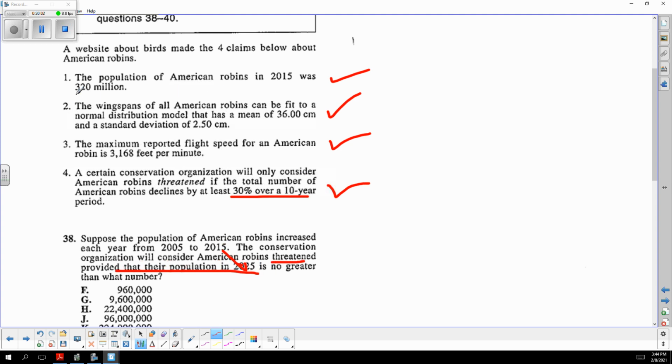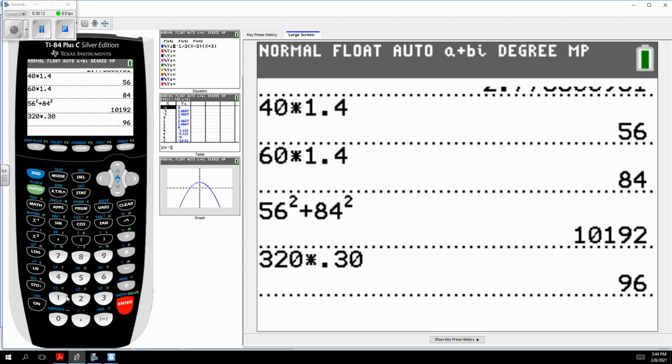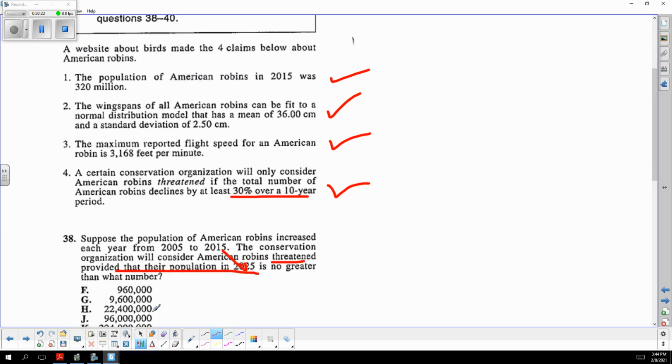So you take the 320 million and times it by 30%, and you decrease by that much. So it'd be 320 minus 96 million. If it lost 96 to 100 million, it would be down to 224 million, and that would be the right answer